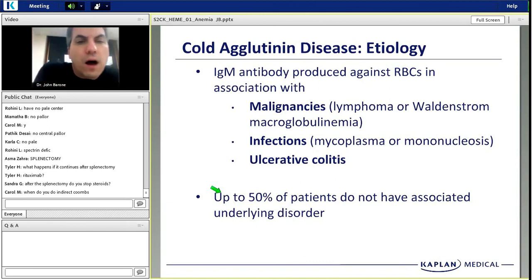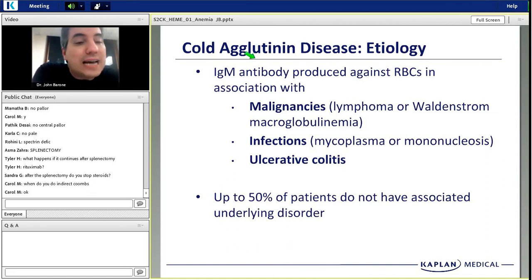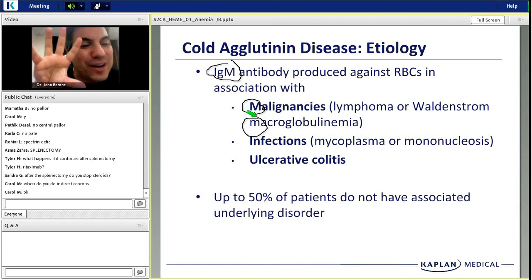Okay? All right, now what about cold agglutinin disease? Well, cold agglutinin is an IgM. So you're making an IgM against your red cells. When does this happen? Well, it happens with malignancies like lymphoma and Waldenstrom's macroglobulinemia. Macro, because it's a pentamer. IgM is a pentamer. It's a macroglobulin. So IgM occurs with malignancies like Waldenstrom's. It occurs with infections like